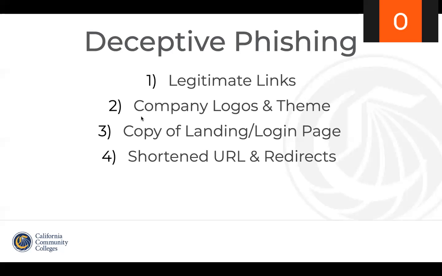Second is the use of company logos and themes. So there are extensions that are used by web developers to identify fonts and themes on a specific web page. And these tools could be used by a social engineer as well who wants to impersonate the target organization. So basically, they could attempt to utilize a similar theme of an organization and use that theme in the phishing email to give the victim a false sense of familiarity with the email and make it look more authentic.